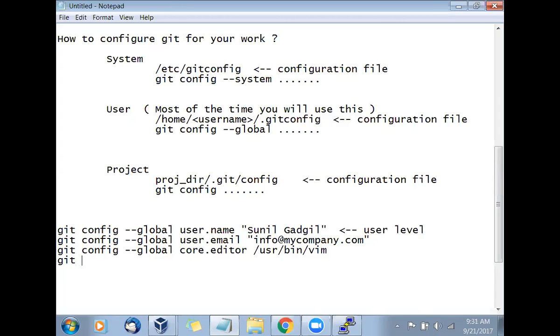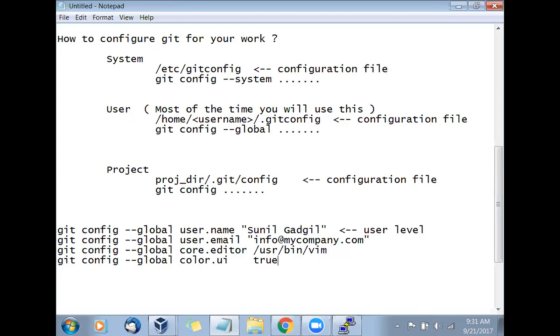Then we'll go with git config --global color.ui, which means user interface color. I will make it true. What I'm saying is, show me colorful information. If something is not correct, show me in red; if something is okay, show me in green; if something needs attention, show me in blue or something like that.